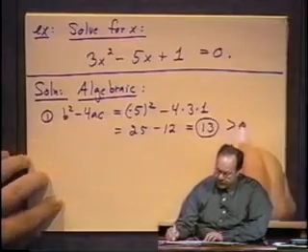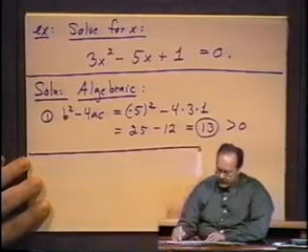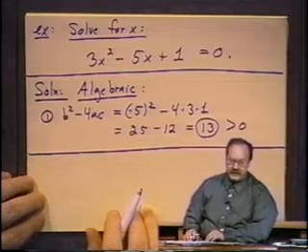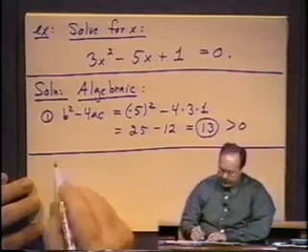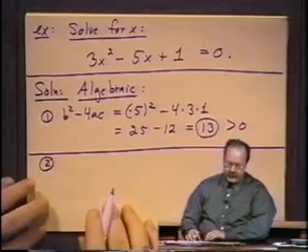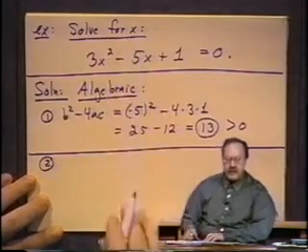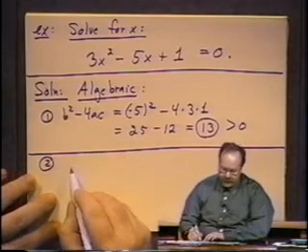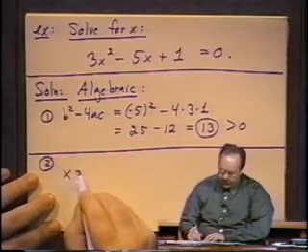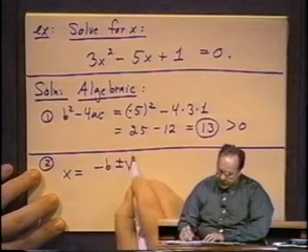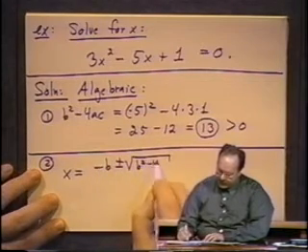Now 13 is greater than 0. And if I want to pause and mentally consider, I now know that I have 2 real roots, or 2 x-intercepts. And that will be confirmed later. But I wasn't interested in that. What I really wanted to know, I'm solving for x, I want to know what the quadratic formula would give me. So the quadratic formula is x equals minus b plus or minus the square root of b squared minus